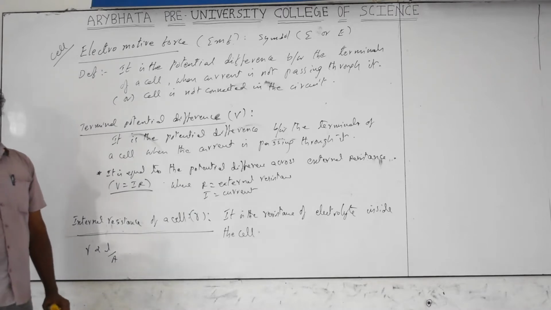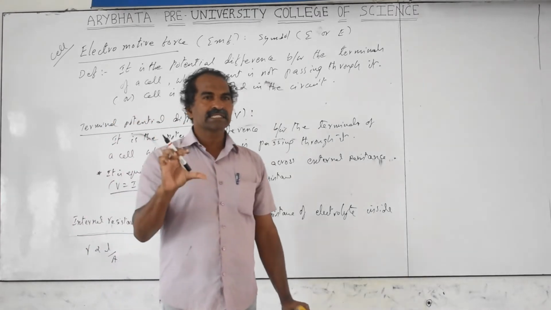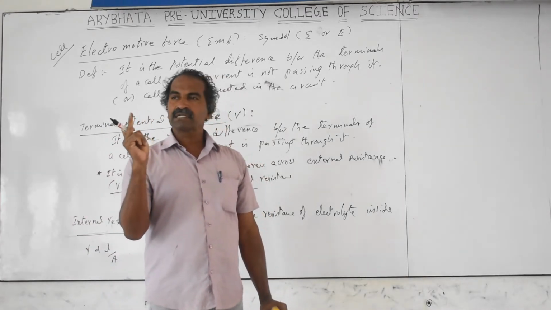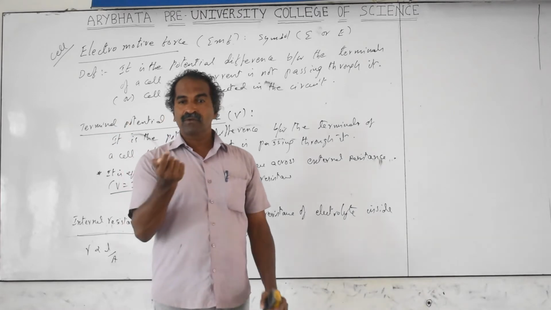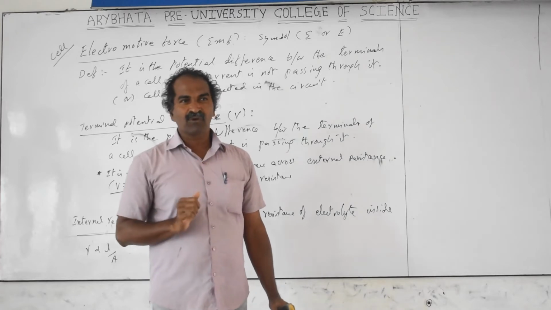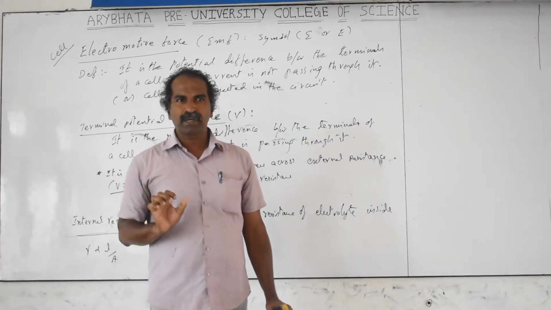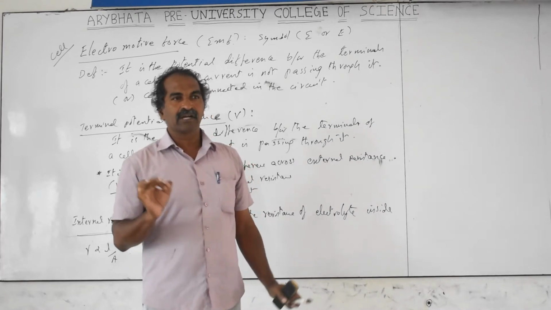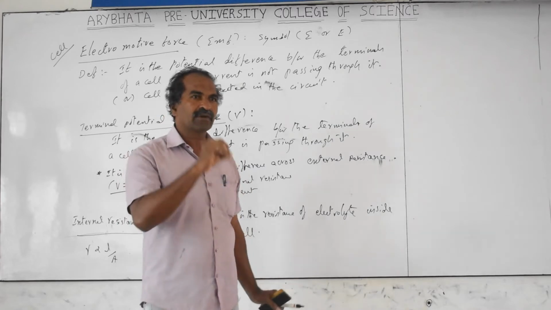They are 1.5 volts only. If you check the cells, there is a D cell, the bigger cell, and smaller cells called A, AA, double A, triple A also. In TV remote controls, the smaller cell is triple A. That is also 1.5 volts EMF. All have the same EMF values. EMF is 1.5 volts depending on the chemicals and electrolyte you are using. With the same type of electrodes and same electrolyte, you get the same EMF.